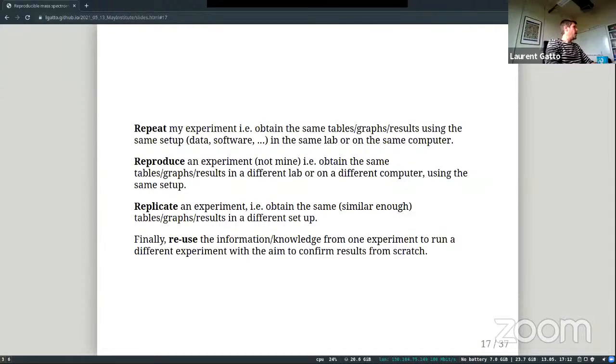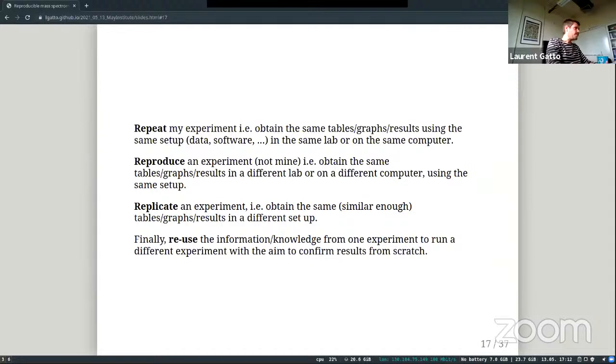The third level would be the replication or replicate an experiment, and to obtain maybe not the same results, but at least similar enough results, and that's also something that would need to be defined, but then this time using a different setup. I might still be downloading the same data from public repositories. I might want to regenerate or re-simulate some of these results. And then I might, for example, re-implement the data analysis based on a description in the material and methods. And I'm sure that everybody that has read a scientific paper will know that that is certainly not an easy